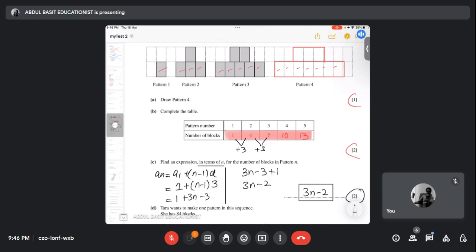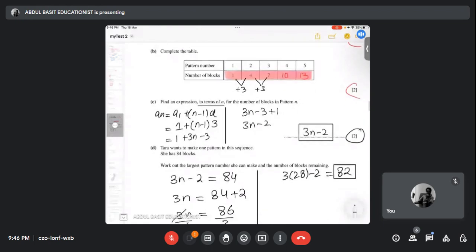अच्छा, फिर फाइंड एन एक्सप्रेशन इन टर्म्स ऑफ n फॉर द नंबर ऑफ ब्लॉक्स इन पैटर्न n, तो आपको n टर्म बनानी है इसकी। तो आपने इसका फॉर्मूला बनाया क्या? ये आसान है। हाँ, ये 1, 4, 7, 10 और 13 का फॉर्मूला बनाना आसान है क्योंकि अरिथमेटिक है, ठीक है? हाँ हाँ।